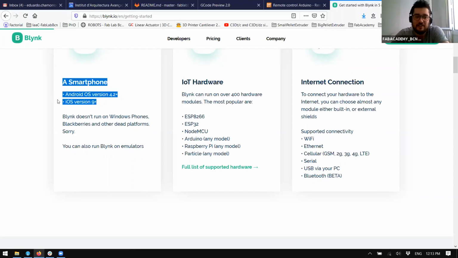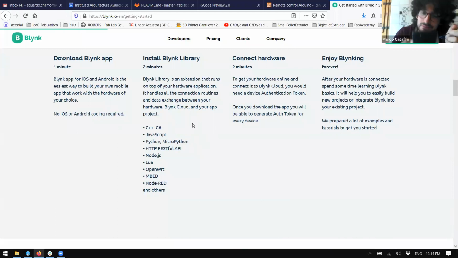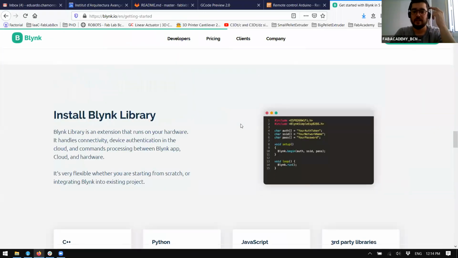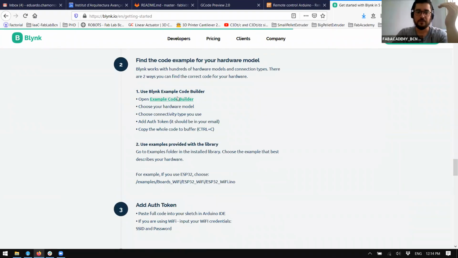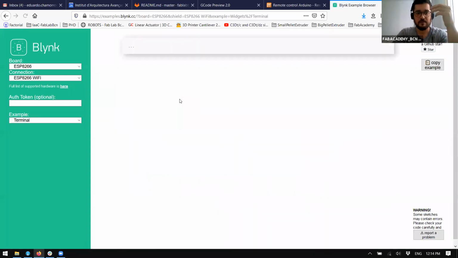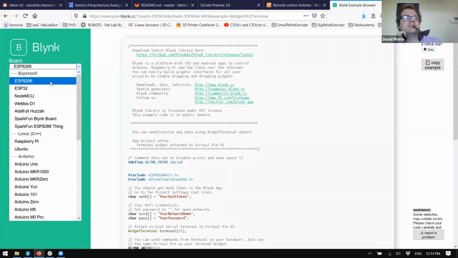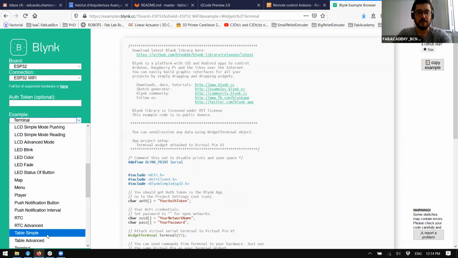It has support for iOS, Android, and supports all the hardware that I know. And you can also export code. You have Arduino libraries that do all the difficult work for you, like how to make the HTTP request, enabling the 200 and 400 errors. And you have a code builder that is even better. Let's say it's your online Arduino programming tool, where you choose your board, what kind of connection you want to enable, and what kind of